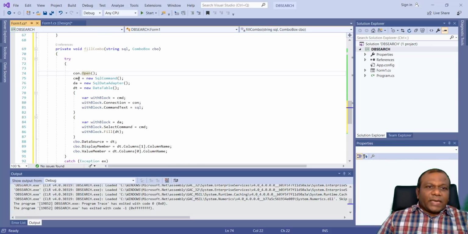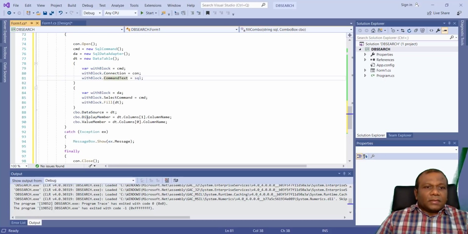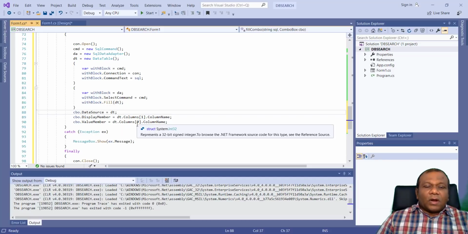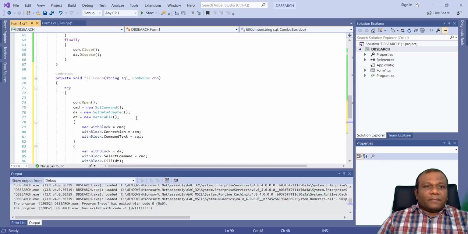Then I use the same method here, all the instance variables, right? Data source, display member column 1, value member column 0. Right. So the column ID is the value member, so the product name and the ID.